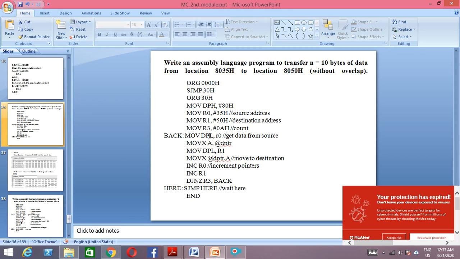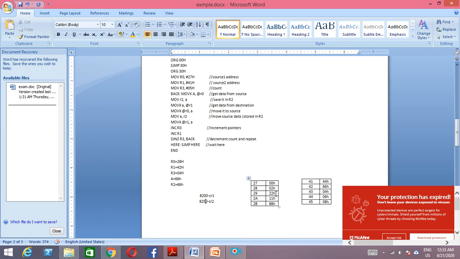similarly you can load this R0 and R1 whenever it is required. Okay, so if you want to access this location, DPL has to be loaded, suppose let me give in brief 8200 and this has 8250. Okay, so in this case if you want to access this location we need R0, so it is 00, and here in this case we have R1 and it is 50.